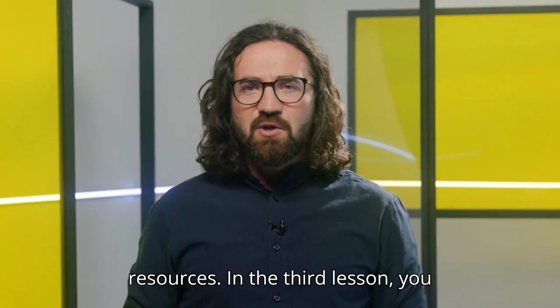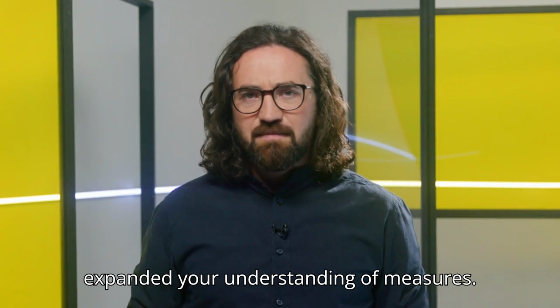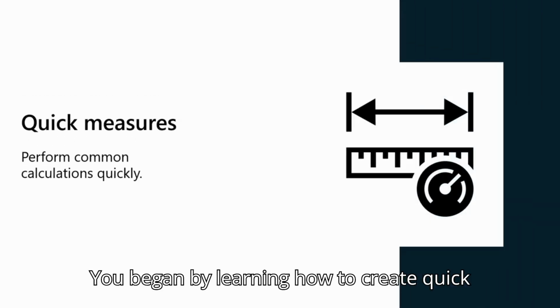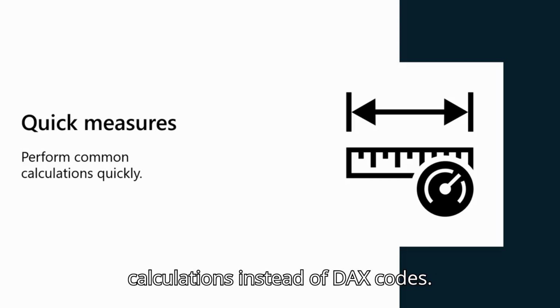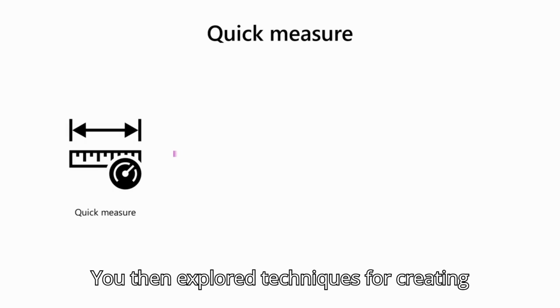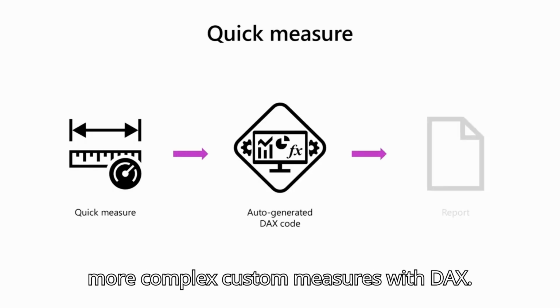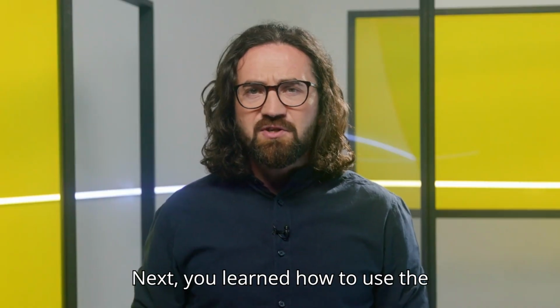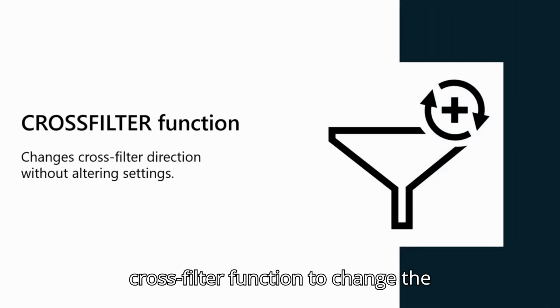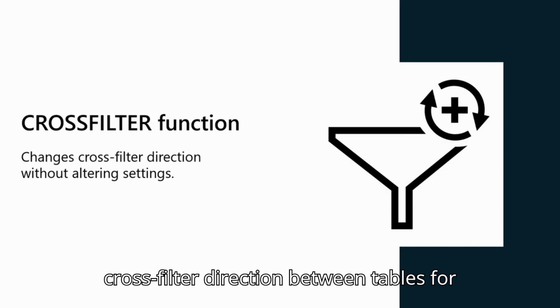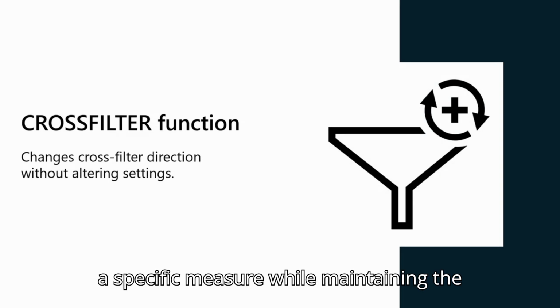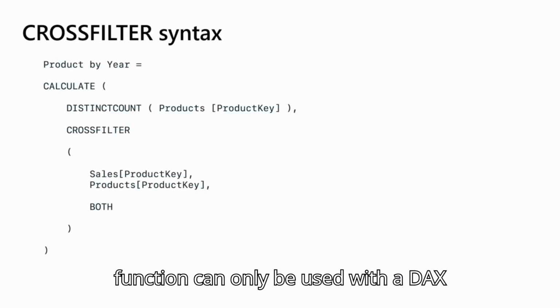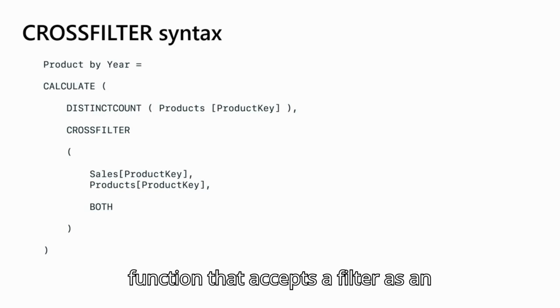In the 3rd lesson, you expanded your understanding of measures. You began by learning how to create quick measures in Power BI using common calculations instead of DAX codes. You then explored techniques for creating more complex custom measures with DAX. Next, you learned how to use the cross-filter function. You can use the cross-filter function to change the cross-filter direction between tables for a specific measure while maintaining the original table settings. A cross-filter function can only be used with a DAX function that accepts a filter as an